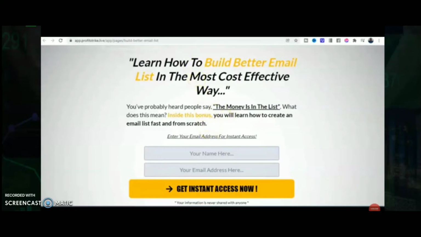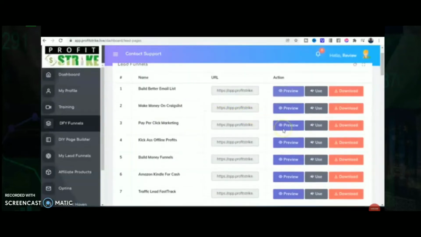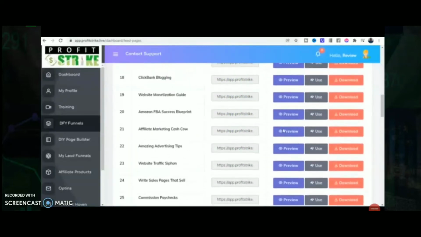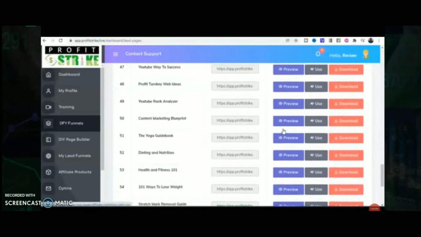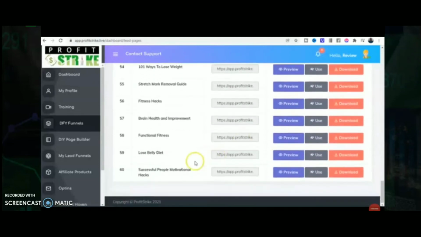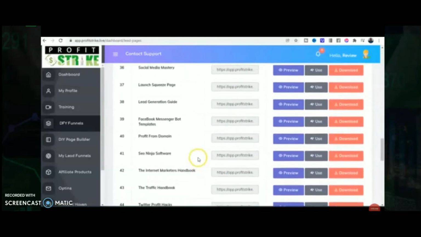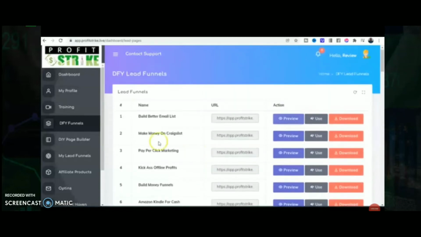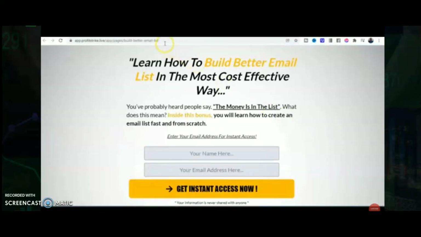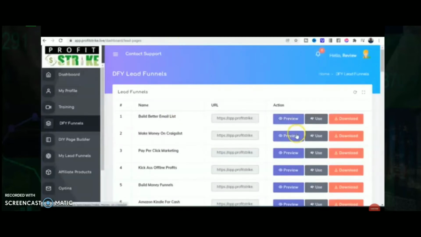We get ready-made ones, and I believe you get, what is it? You can see the 60 here, so 60 of these, and the way to do this is you can preview the pages, and there's quite a few, and you can download as well, but I want to use it.